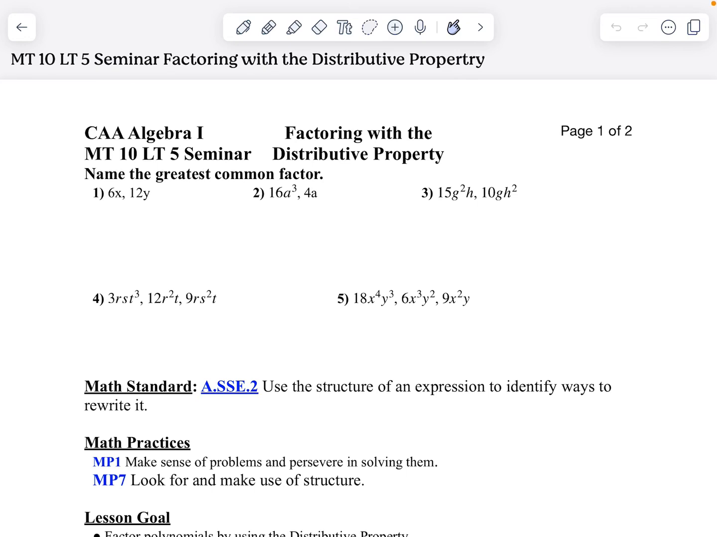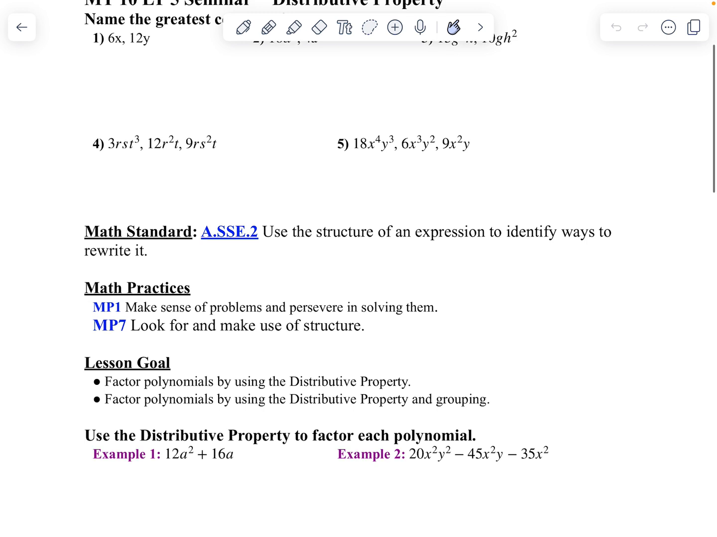Let's take a look at your MT10 LT5 seminar. Do the first 5 questions, finding the greatest common factor. We're going to go over those in class. What we're going to do today is we're going to start by